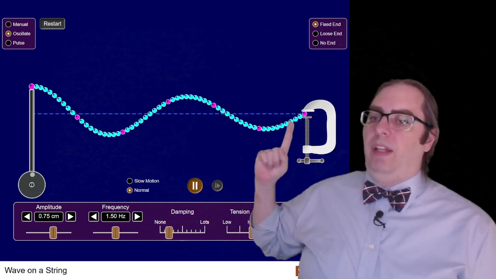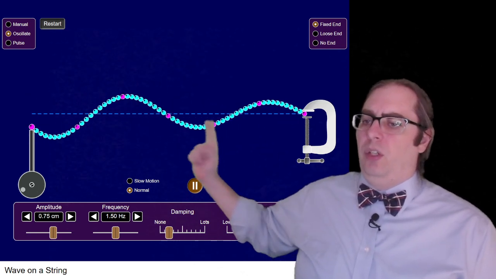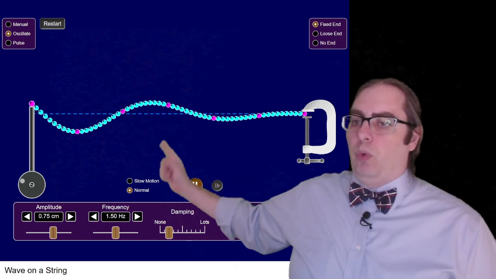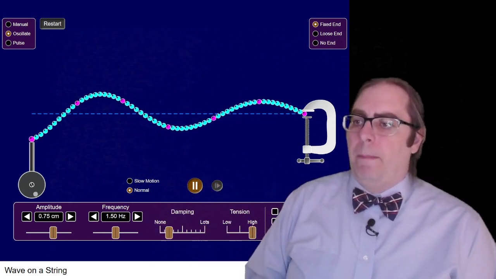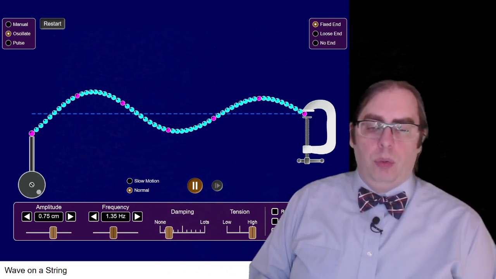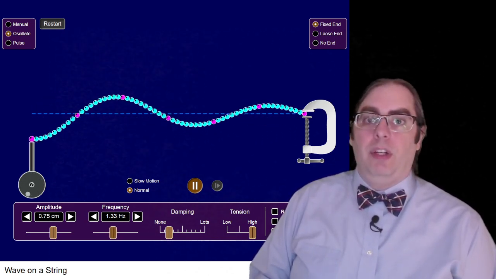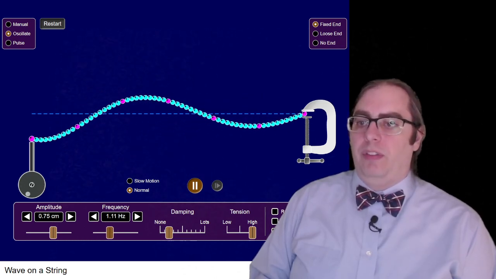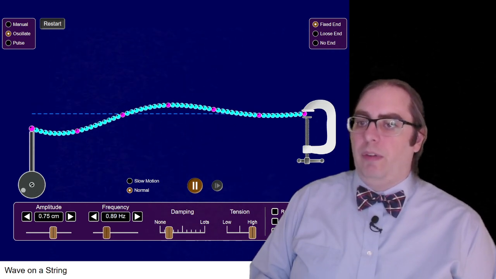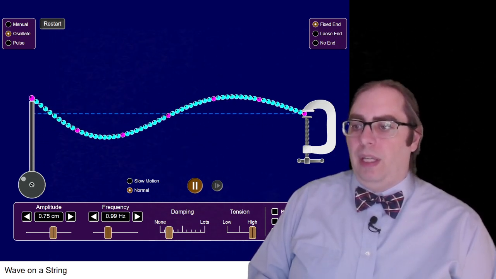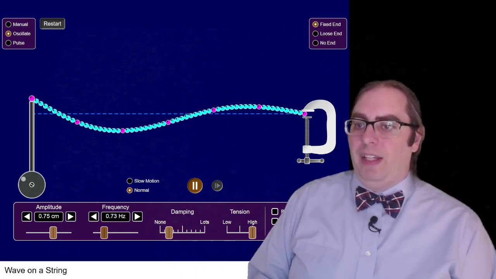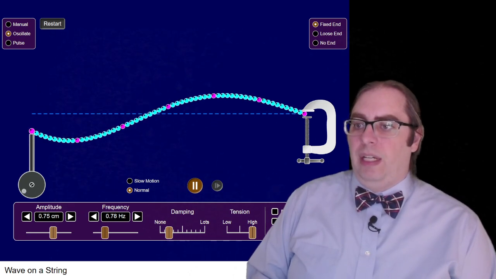When you have a wave like this that is clamped on one end, what ends up happening is the wave comes in and then bounces right back out. And that is going to cause the wave to interfere with itself, and you get superposition with itself. If I can set this up just right, and I'm not sure if I'm going to be able to because I don't have time to really play around with this simulation the way it deserves, but if I can set this up just right, I can get